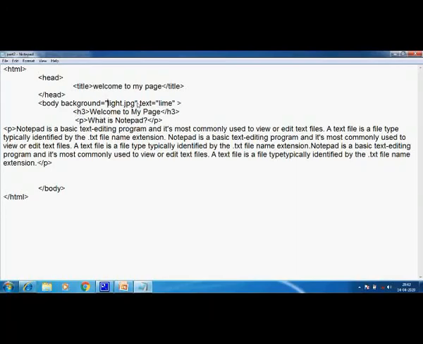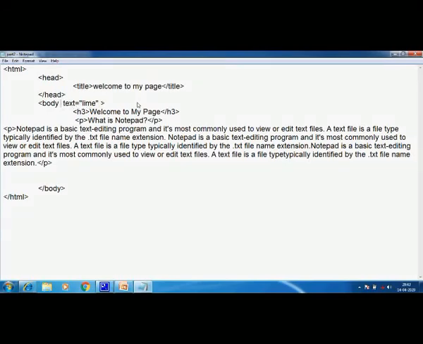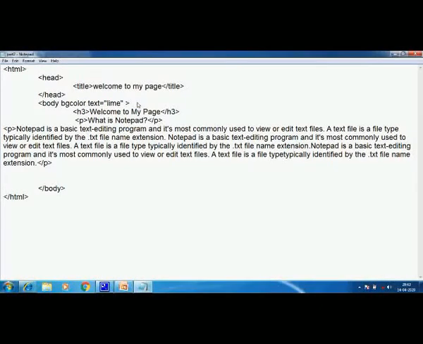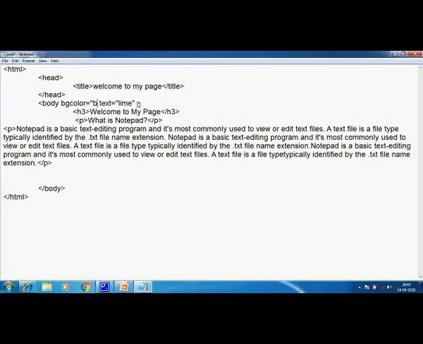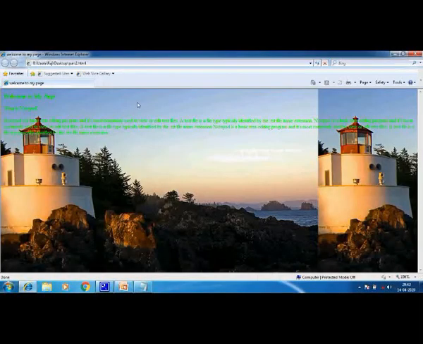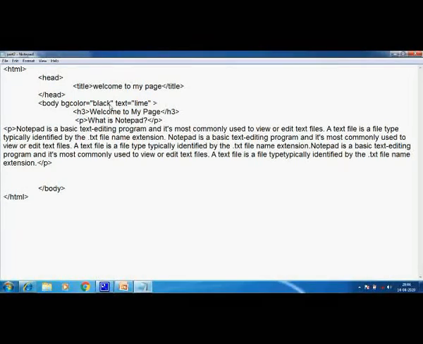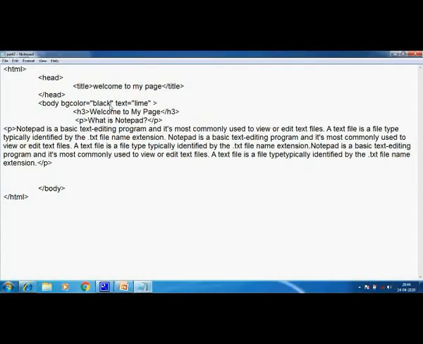So let's go back. For the time being we'll remove it, and I'll keep my favorite background color, that is black. BG color is equal to black. Save it and test it. I'm back, right, children? And one more thing, children, over here I have given the color name directly, but your file will change this color name into a hexadecimal code, and it will give you the color.